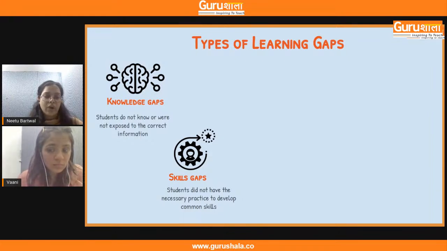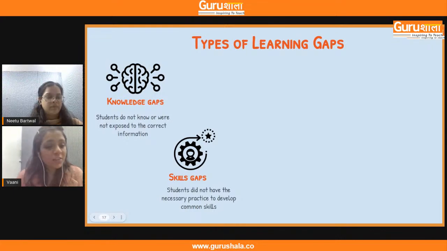We generally think or talk about knowledge gap only, but apart from that, there are certain other points which need to be factored in while we plan for our next academic year. As we know, in the upcoming month there will be final exams of students, and from April onwards the new academic year will start. So going ahead, it will become important that we pre-plan certain things to overcome these learning gaps, so that students can be taught according to their learning level. So Vani, I would request you to share the other types of learning gaps with our teachers.